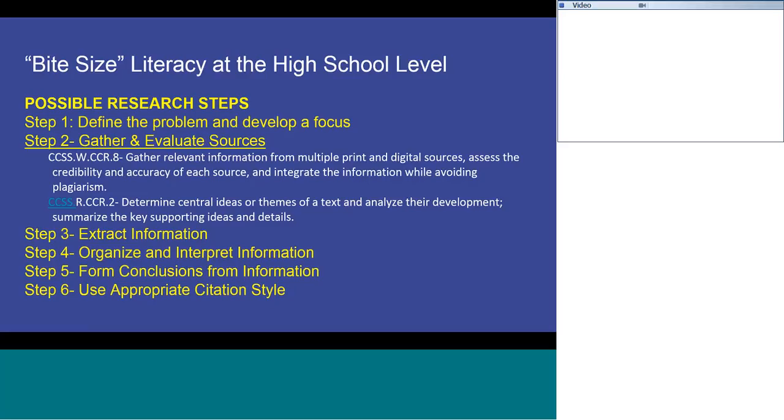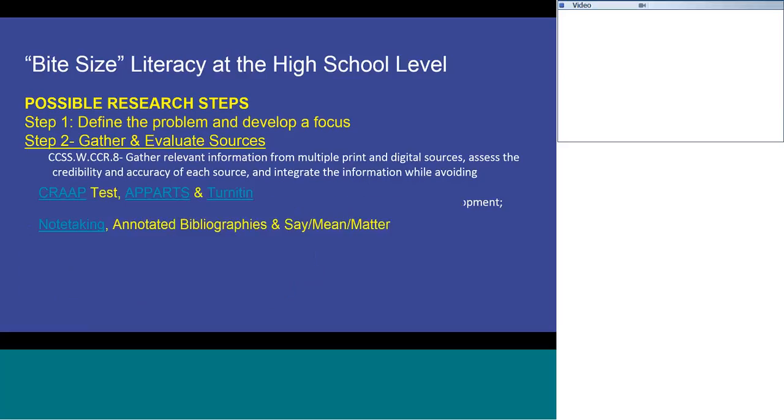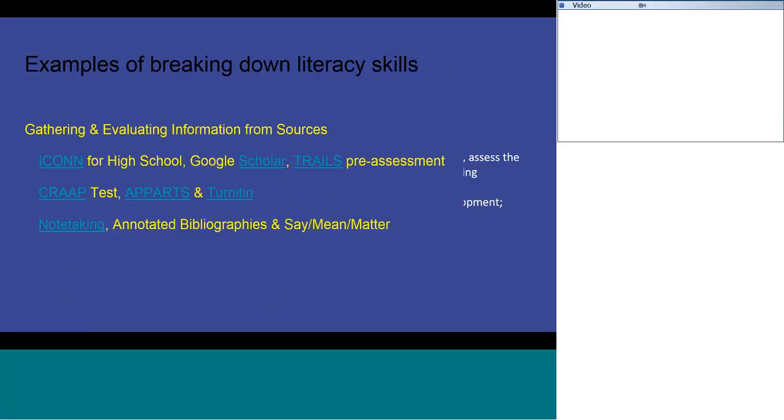If you continue on to the next slide, please, you'll see what this might look like in a classroom. These could be suggested resources that you might use for that one skill of gathering and evaluating information from sources. No matter how old our students are, they are still going to need these literacy skills in bite-sized pieces. A suggested resource from the school library media specialist in me is an interesting source called the Trails Pre-Assessment from Kent State, and that actually gets at a lot of the very specific disciplinary literacy skills